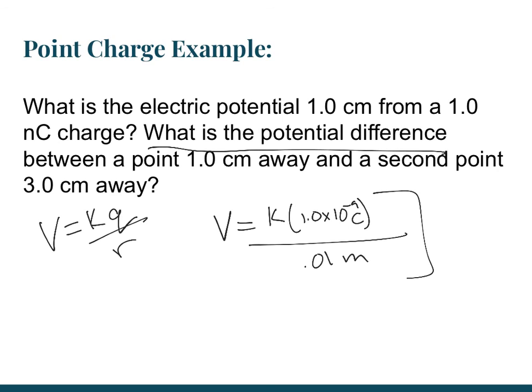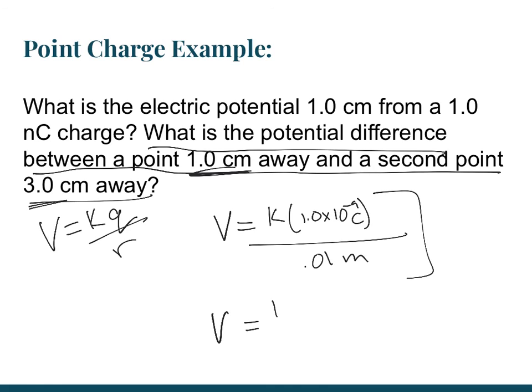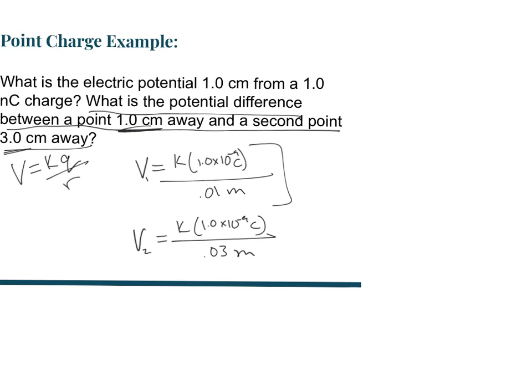Then it asks, what is the potential difference between a point 1 centimeter away and a second point 3 centimeters away? So we already have the potential at 1 centimeter away. Now let's find it at 3 centimeters away. Potential equals K times the same charge, 1.0 times 10 to the negative 9th coulombs, over 3 centimeters is 0.03 meters. So this is the potential at point, we'll say 1, and at point 2. Now to find the difference, all you got to do is subtract. V2 minus V1